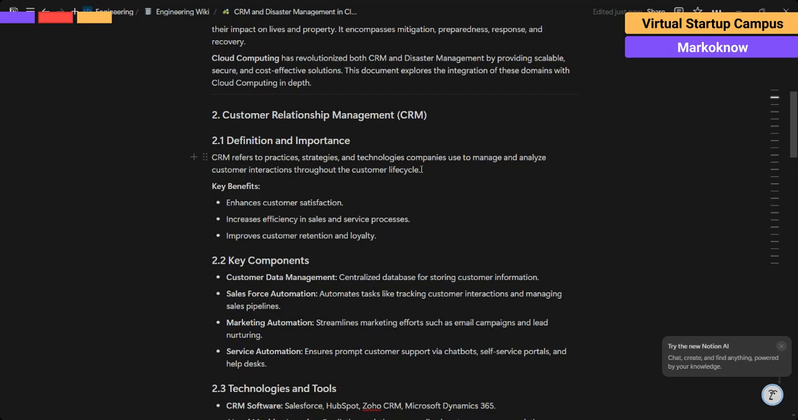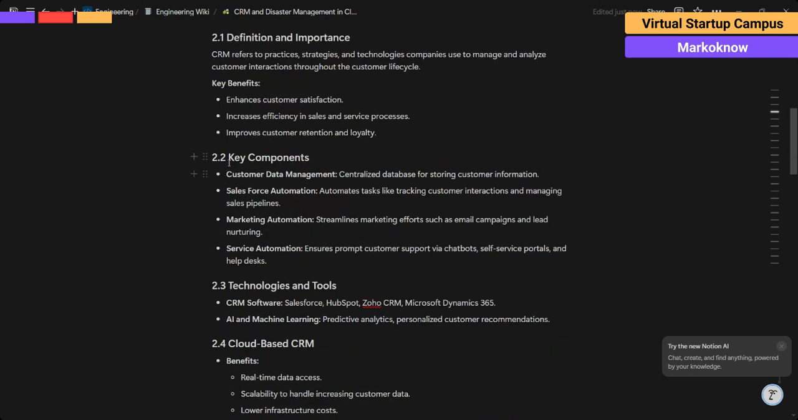On the basis of that, they make improvements to their old data as they go. Okay, the goals: enhance customer satisfaction, increase efficiency in sales and services processes, and improve customer retention and loyalty. Okay, the key components are: